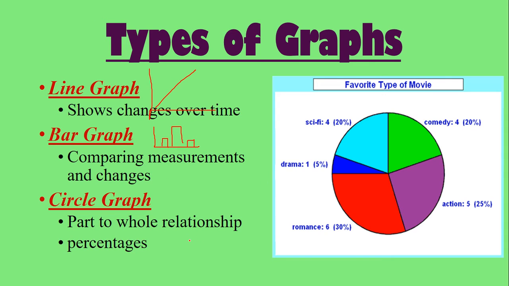And a circle graph, which is over here, some people also call them pie charts. It shows how a part of something is related to a whole. We usually use percentages with these types of graphs. So if you look over here, you can look at this graph and you see it's the favorite type of movies. So if you have this, you know that most people of this study like the romance movies, 30% of